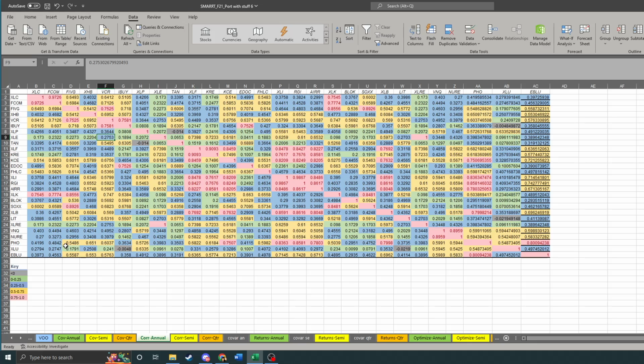Anyway, the important parts to note are some of these are going to be highly correlated, like all these are, what are they called? In the same sector. So a lot of times the same sector blocks are going to be highly correlated with each other, which makes sense. But what you're looking for is some of these that'll be lowly correlated, and those are kind of useful for hedging bets and stuff like that to provide your portfolio with the ability to weather different types of storms. So after you've done that, you pretty much have all the info you need to start the optimization stuff,